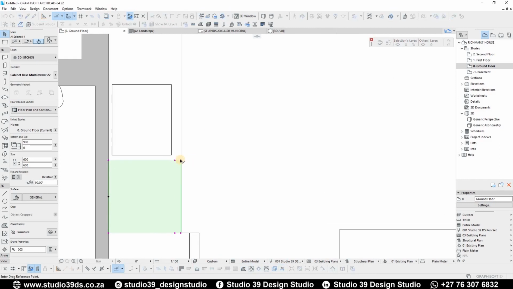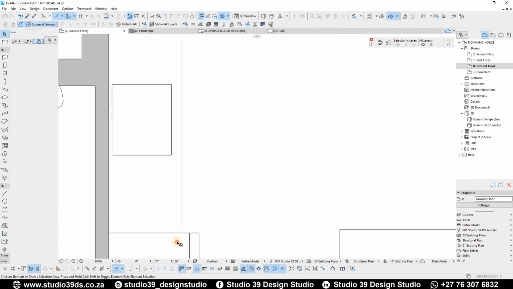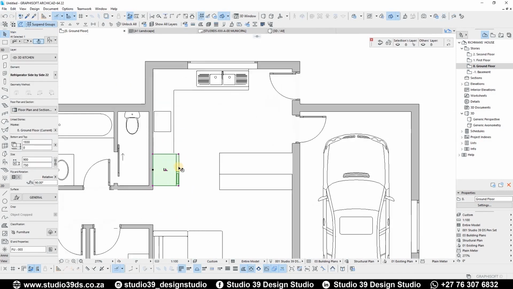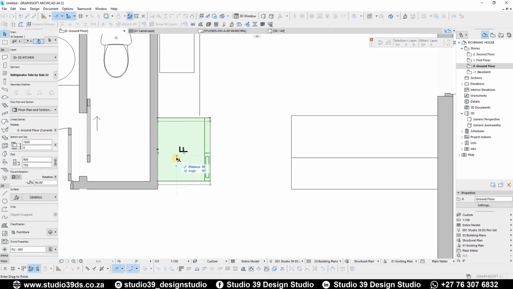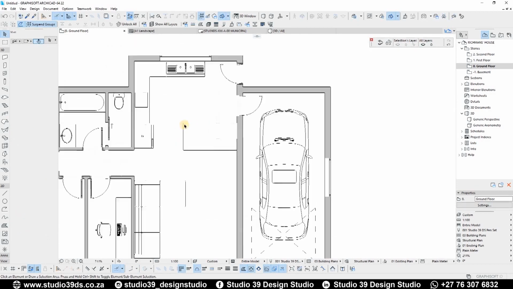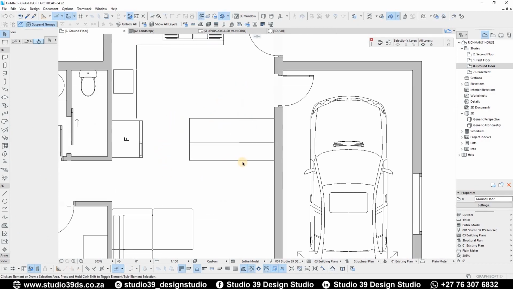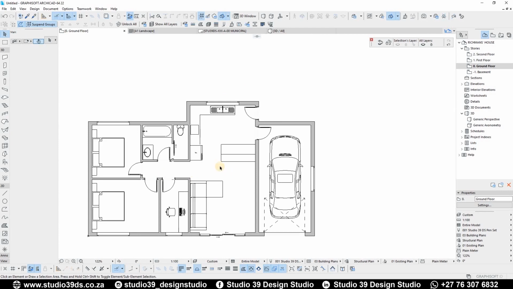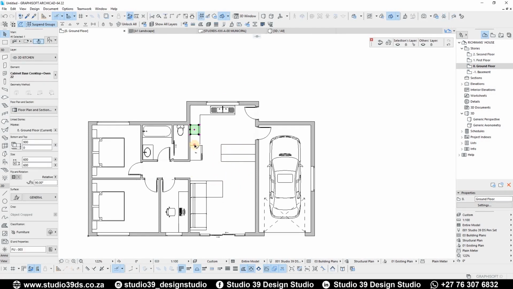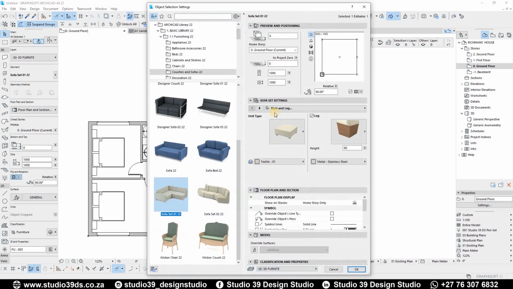So I'm gonna go ahead and attach the two. There you go. And then the fridge doesn't necessarily need to be attached. So this is the walkway right here, and then you can go into the passage and everything like that. Another thing that I would like to add, so all of this is all under kitchen, even the fridge is under kitchen. So now what I want to do is I want to select this and then